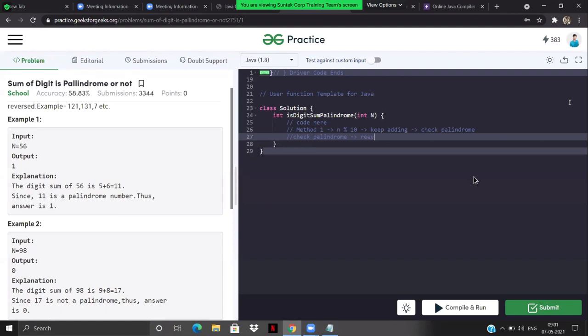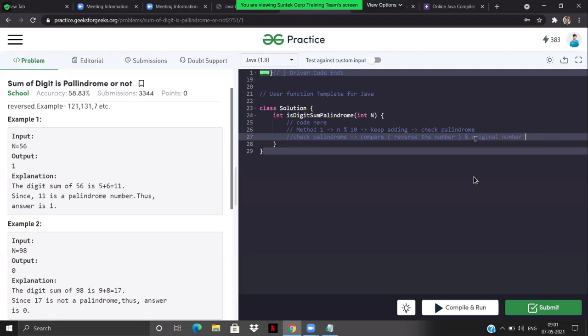Reverse the number. Once you reverse the number, compare the reversed number and the original number. Right?